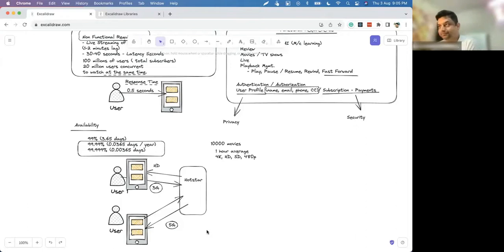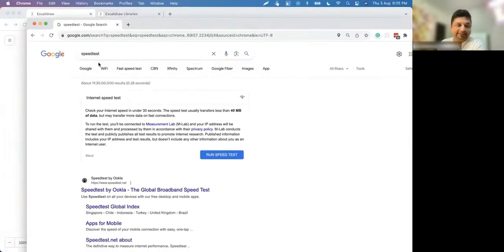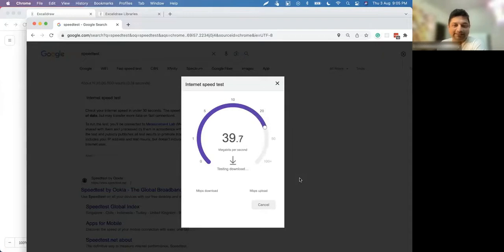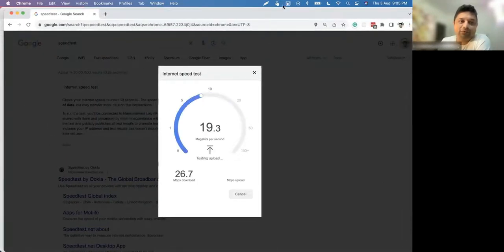It's also simple. See, when I type speed test in Google, there is a speed test app. You have other apps also, like Ookla and all. When you do the speed test, see this, my speed is getting checked. How is this app working? How is it trying to detect?